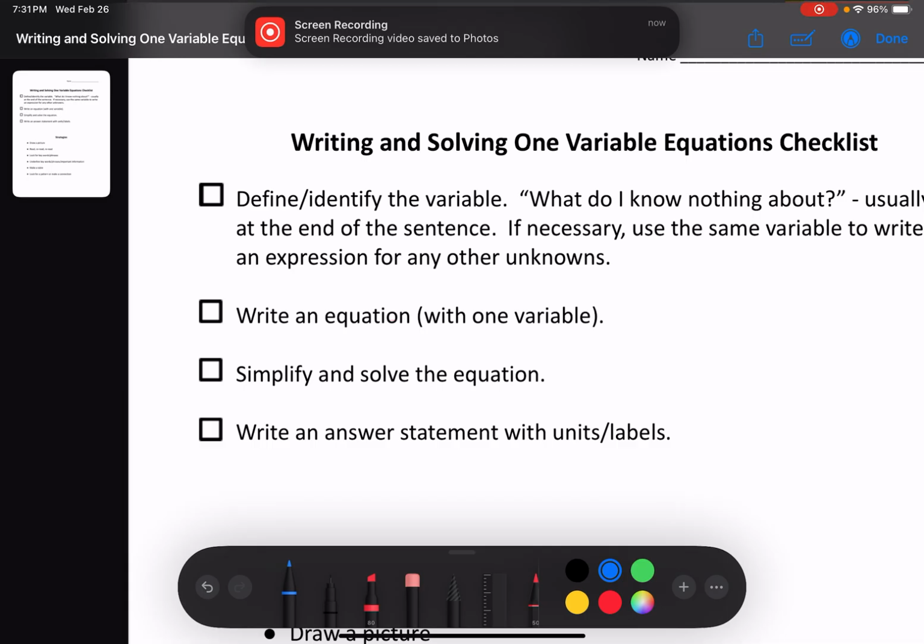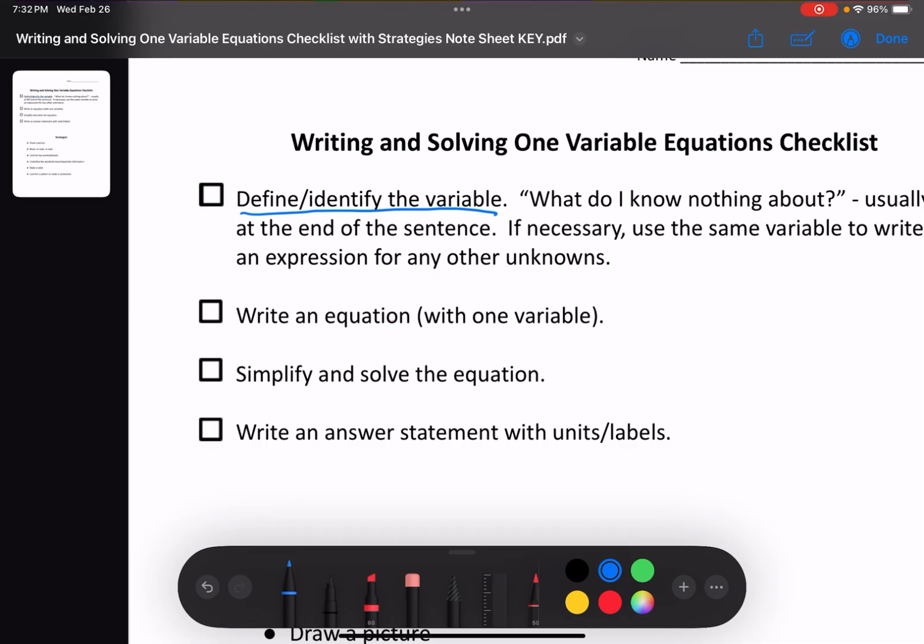The first thing is that you must define or identify the variable. There's going to be something that you know nothing about in the problem. So after you've read the problem, I want you to ask yourself, what do I know nothing about? A clue is that it usually comes at the end of one of the sentences. If necessary, you're going to use that same variable to identify anything else that is unknown. Anything else that you might not know everything about, but the one thing that you know nothing about is going